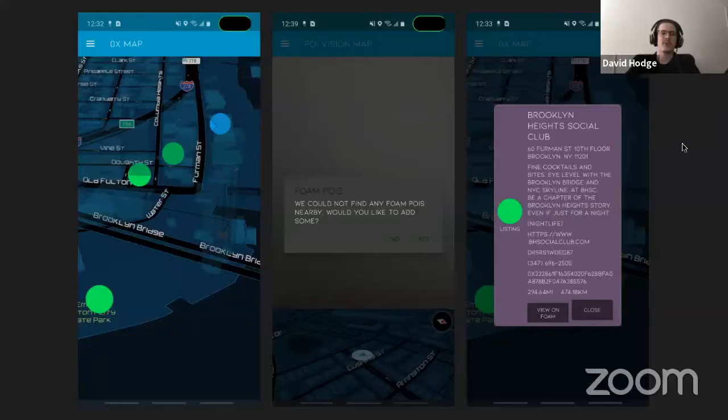So obviously in the middle of New York City, there are a lot of POIs versus somewhere else, and in terms of how the app is displaying it, how much it would definitely be improved. Sometimes you put that into the user's hands, or maybe we can just do that automatically. So thoughts there. And we've already talked with the Foam team a little bit about how to help contribute to the problem. Some of the initial ideas, and these are very high level, would obviously require a bit more